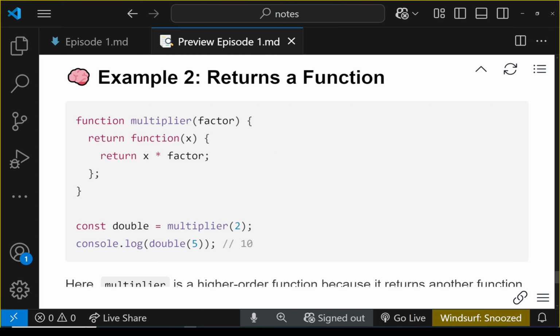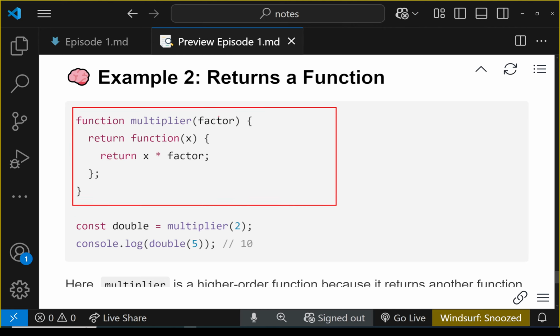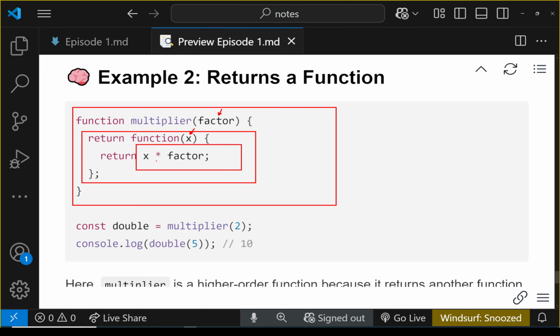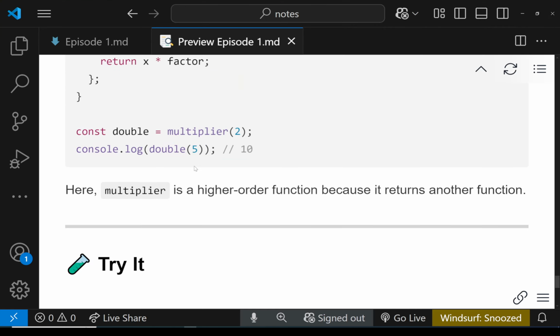Example number two, when a function returns another function. So take a look at this function, multiplier. It takes in a factor and it is returning another function, right? And this function takes in an x, and then it is returning x multiplied by factor. And then you can call multiplier using this input parameter, using 2. 2 is going to be the factor, and then it returns this function, and then this will be the function double that you can call here inside of console log. And in the output you will receive 10. So in this case, multiplier is a higher order function because it returns